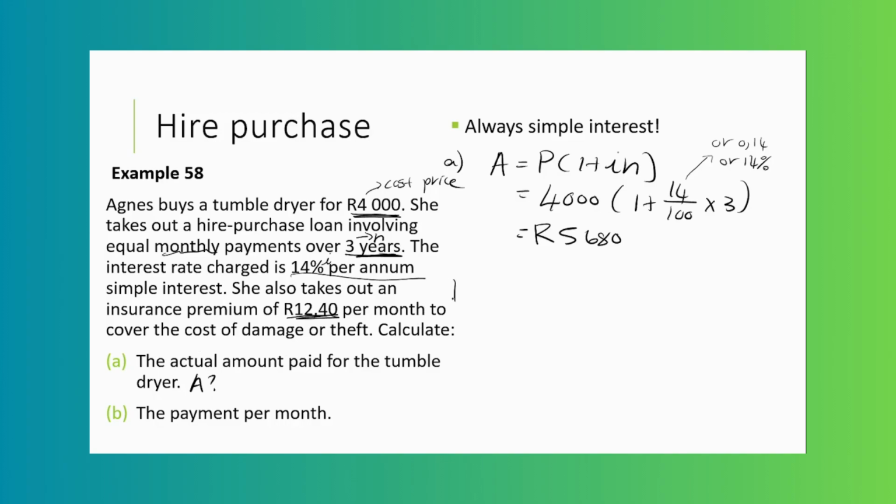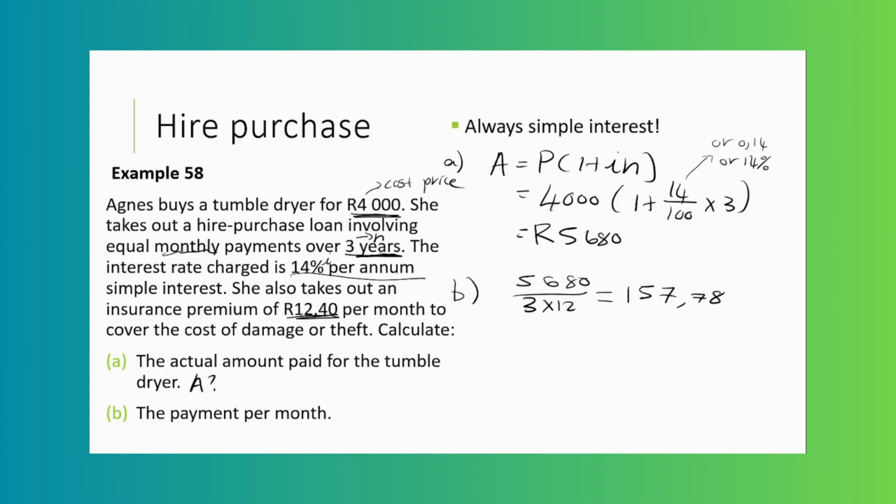Then the question thereafter asks you, what is her monthly payment? Okay, so we know she's borrowing the 5,680. So we're going to divide that by the amount of months that she is paying back. So it's 3 years times 12, because that's how many months there are in 3 years, the 36. You put it in your calculator, and then you'll get, for every month she's paying 157 Rand and some cents for